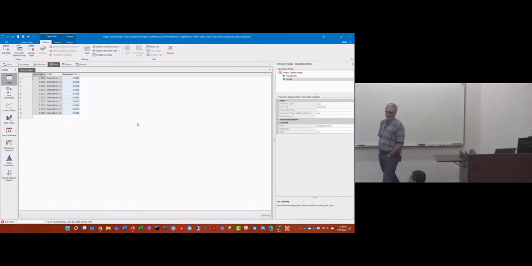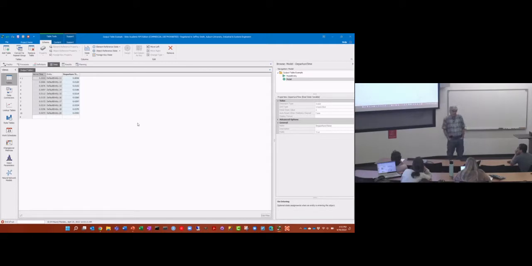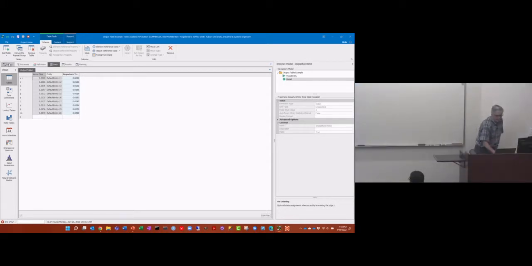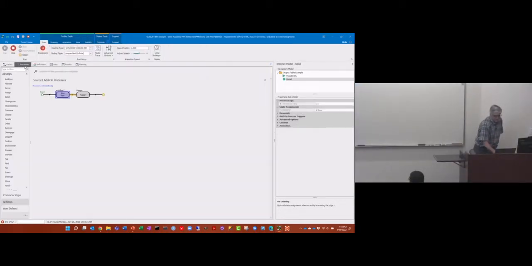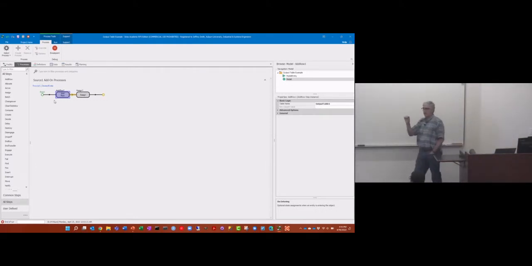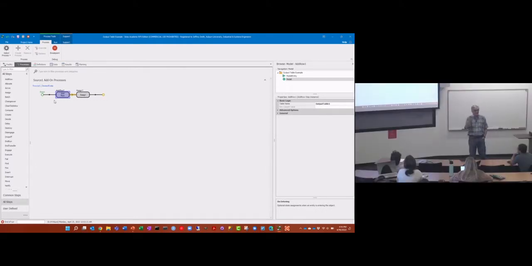Right, and so what makes this interesting, again, is that you can create output tables for whatever you want. This one creates a row for every entity, but you could create rows based on anything that you want, and you can record any kind of state information that's of interest to you for your dashboard, right? And what makes it powerful, if you notice in this one, is when I use the add row step back here on the add-on process on the source, it creates a table row reference, and so the entity has a table row reference to that output table. So I can have as many entities in the system as I want, and they all know which row they reference.